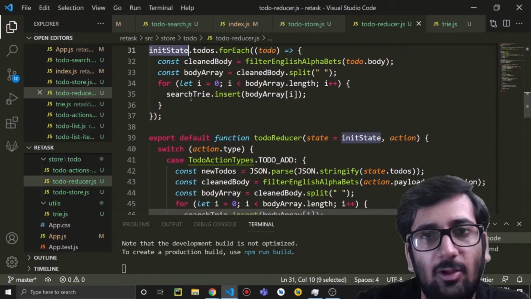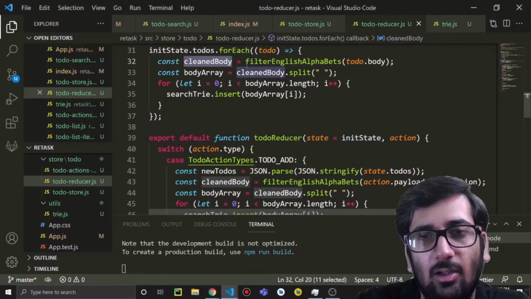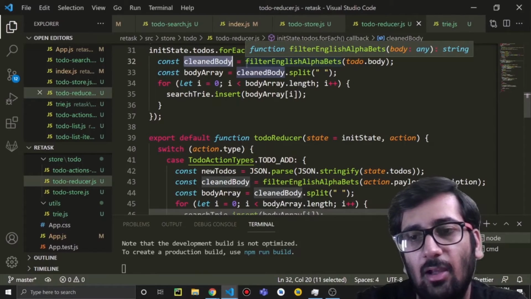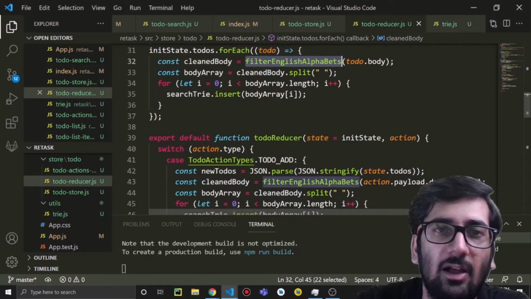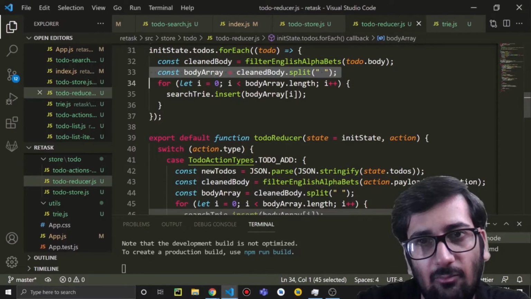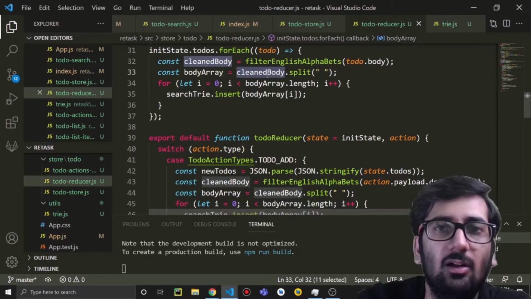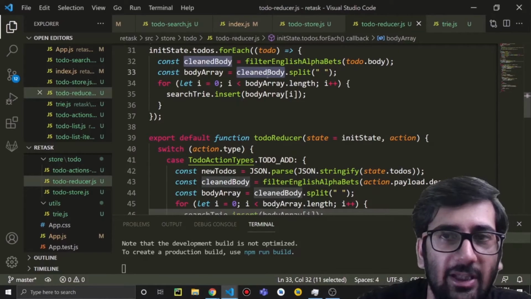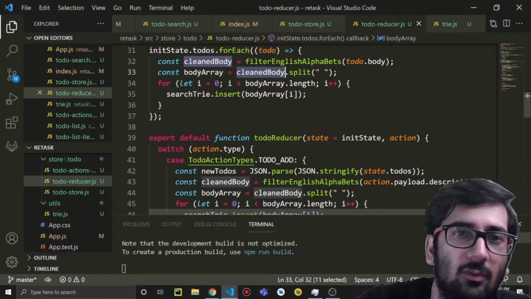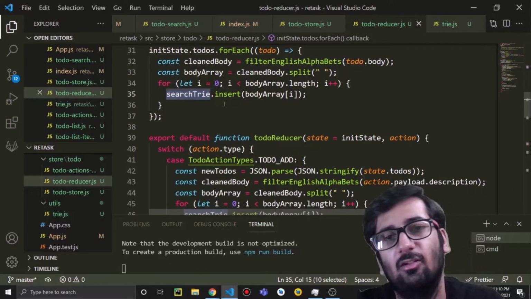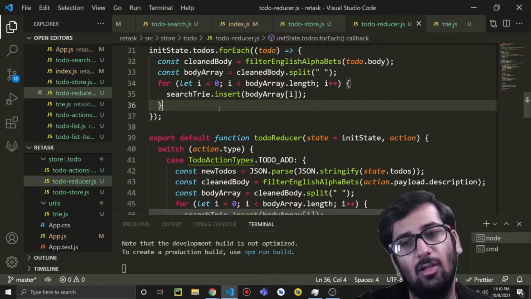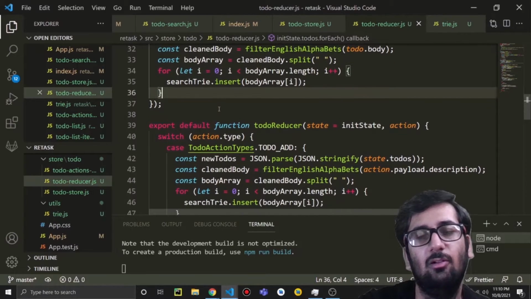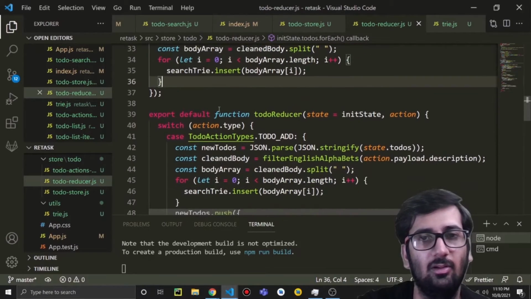We will pick out every todo and clean that todo if it contains a comma, hash, anything that is not an English alphabet. We will filter that out, clean the text, split all the words in that todo body, and add all those words into our search trie. Okay, so that it will build a trie so that we can perform search on it later. It will initialize that trie with all the initial values.